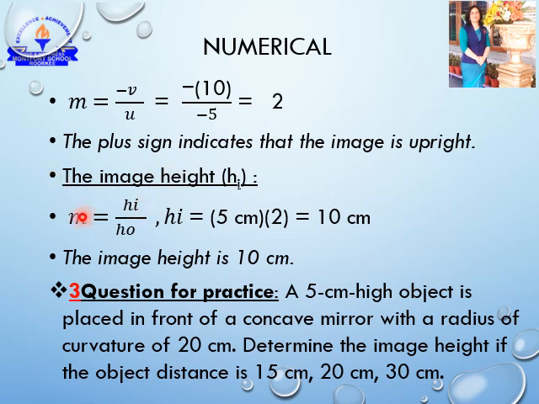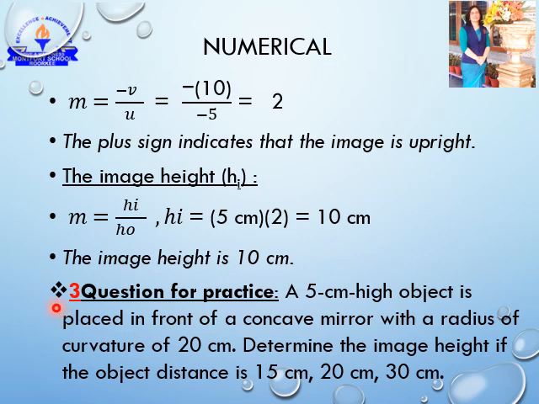Now, another formula for magnification is M is also equal to HI upon HO. We have the magnification which we have calculated here. We have HO, that is the height of the object. By using these two values, we can get the value of HI, that is height of the image. So, height of the image comes out to be the height of the object into 2, where 2 is the magnification here. So HI will be equal to 5 into 2. Multiply them and you will get the value equal to 10 centimeter. So height is equal to 10 centimeter. This is what we had to calculate.